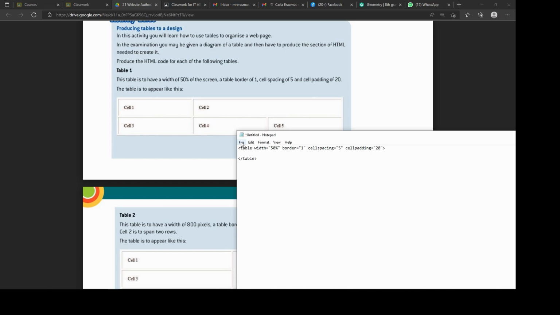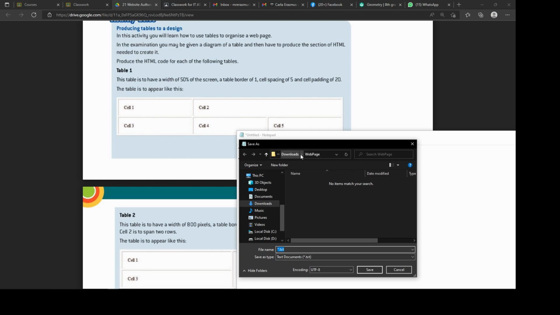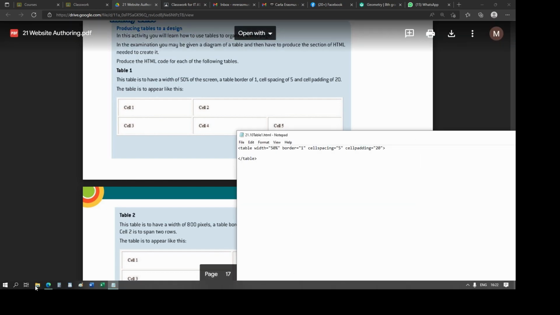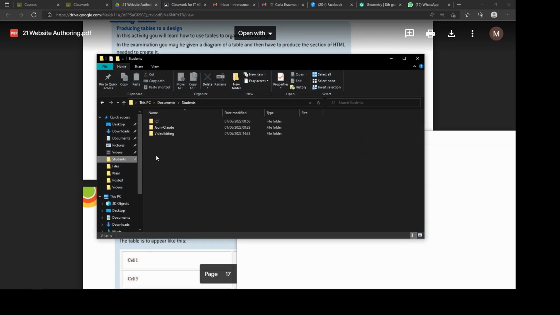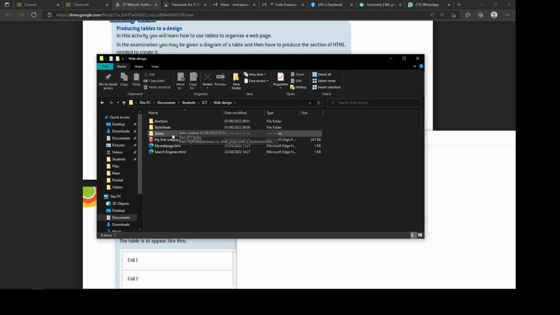Okay, so let's save this, save as. I'm going to put this in my web page. I'm going to call this activity, let's just call it act 21.10, and we say 21.10 table 1.htm. You can put in L as well, and we just say save, and we go to that folder, students, ICT, web design, tables,